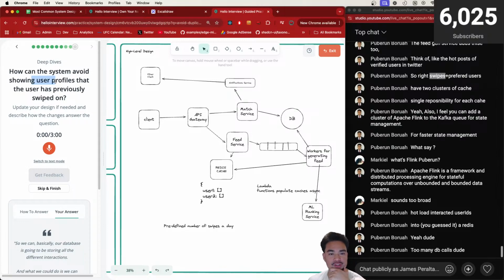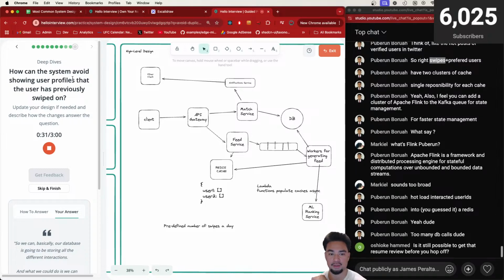How can the system avoid showing user profiles? So what we're going to do, as we mentioned before, is have our Redis cache storing a lot of our interactions. We're going to know the interactions that are happening and have them in memory, so that when we're generating the feed for that specific person, we can quickly see if any of the interactions in the list we want to show them are